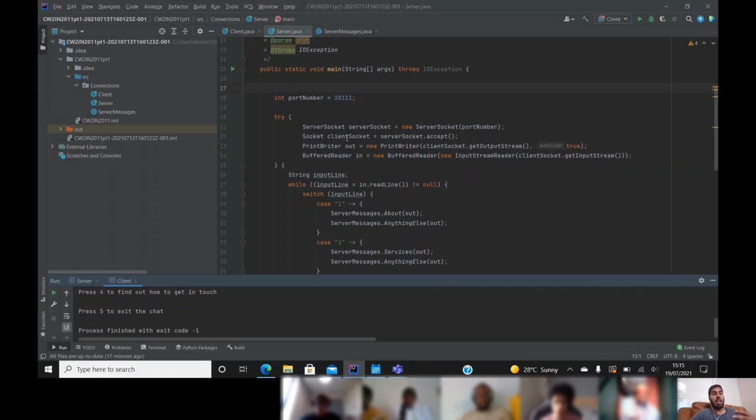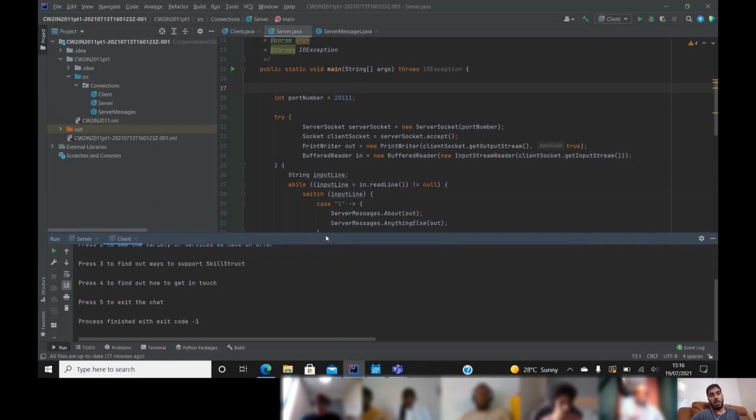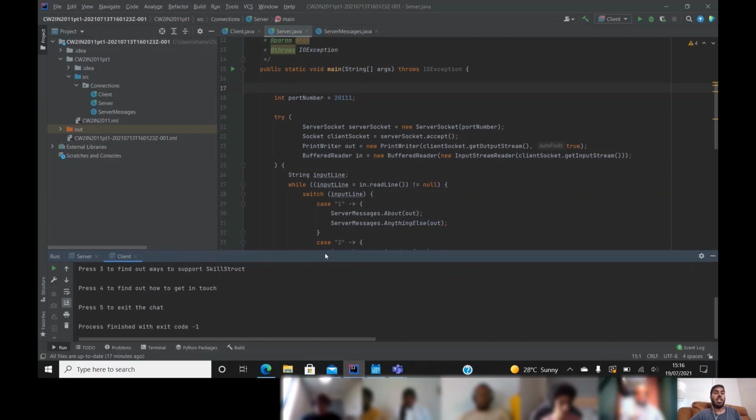It's basically about the SkillStruct network, a way for someone to find out what this network is about, with some kind of summaries and stuff like that.